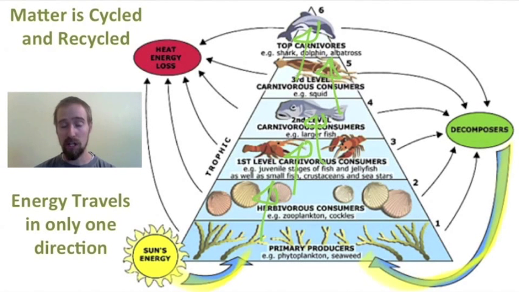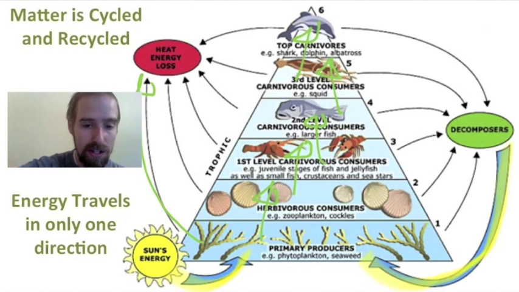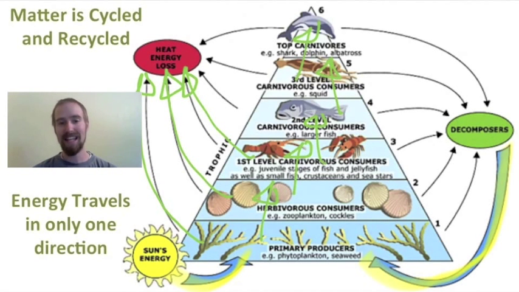So as organisms are consuming food and nutrition and using it to produce energy, they're losing a lot of energy as heat to the environment. And that's what these arrows are about. And heat energy, as it turns out, is a lot less useful to organisms than the sun's energy. And you can't really use heat energy to power photosynthesis, and if you can't use it to power photosynthesis, then you can't use it to grow plants, and then you can't grow plants to support animals. So that heat energy is lost in the sense that it becomes kind of useless to organisms in the food chain. So the food chain has to be replenished with energy by the sun.